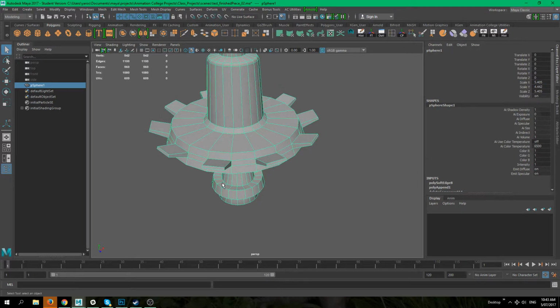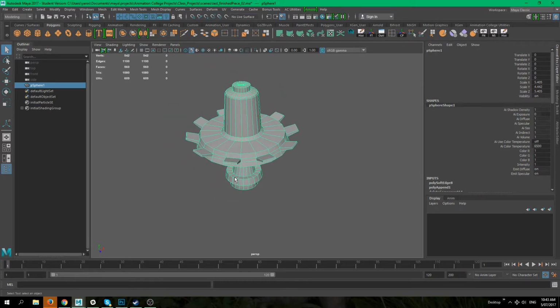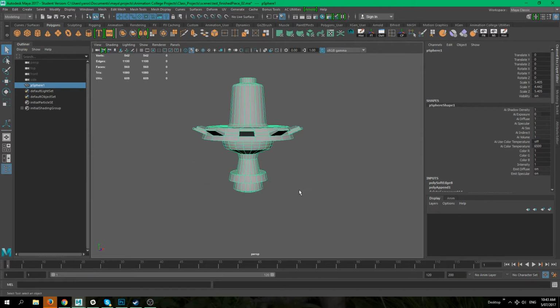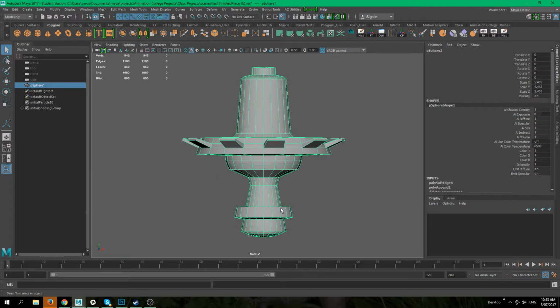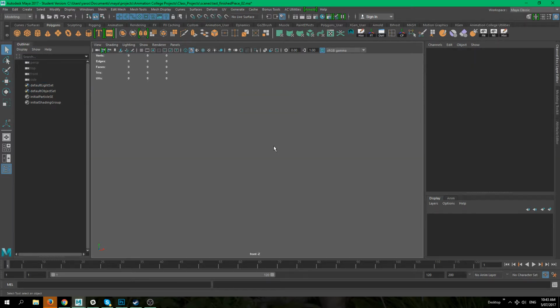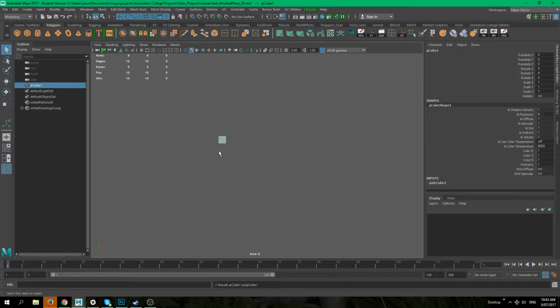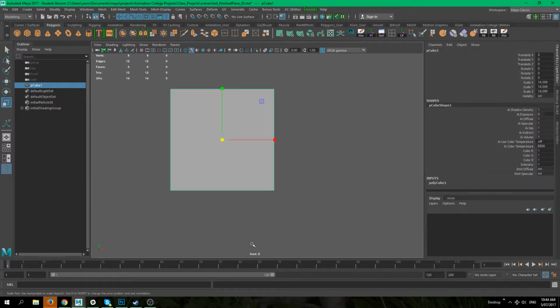So we've talked about pretty much everything, and one last thing I wanted to show you how to do is how to mirror things around. So I will just get rid of this object. From here, I will create a cube, scale it up a little bit, and as you can see, I'm working in my